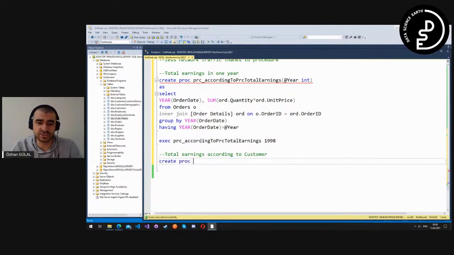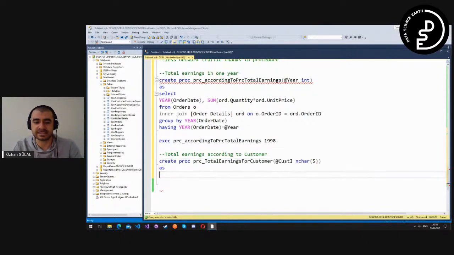Create procedure PRC_total earnings for customer. I'm going to add some customer ID, and the type is, I already checked that one, char, and our limit is 5. As I'm writing here, select asterisk from